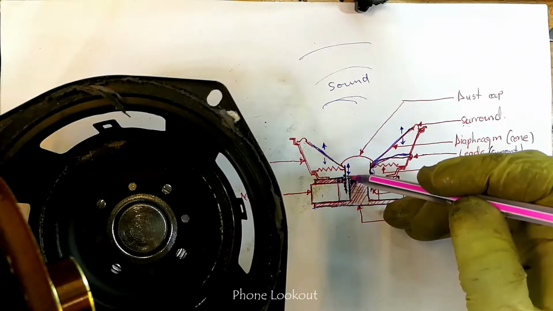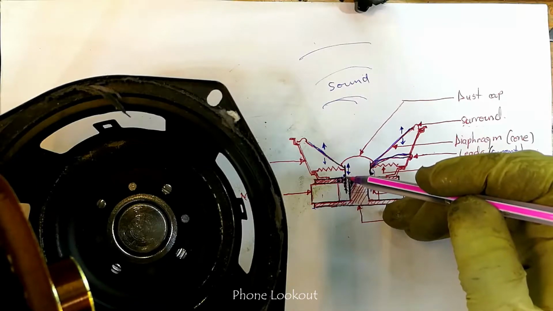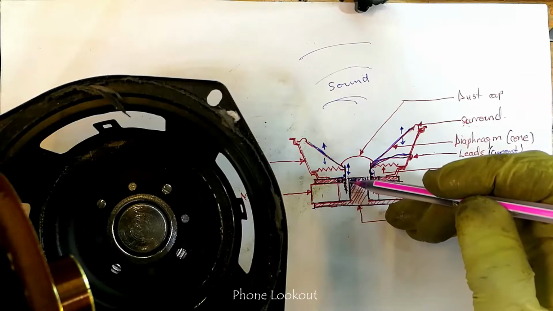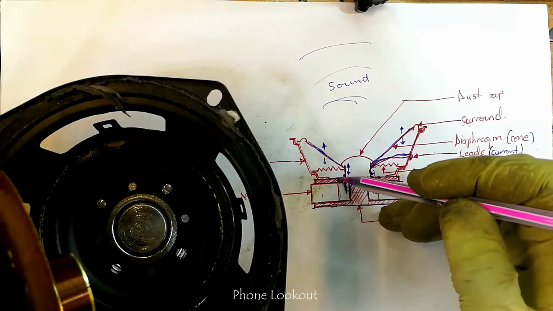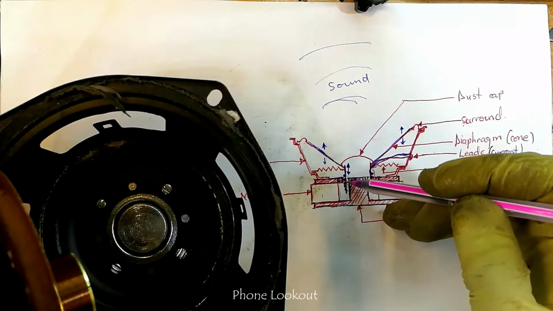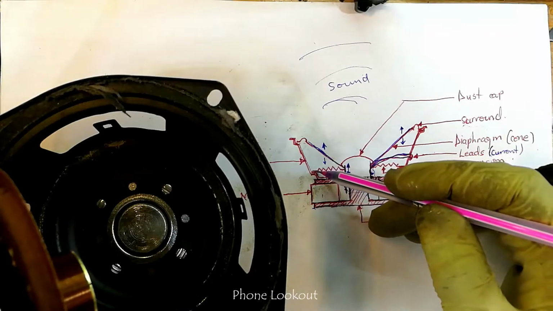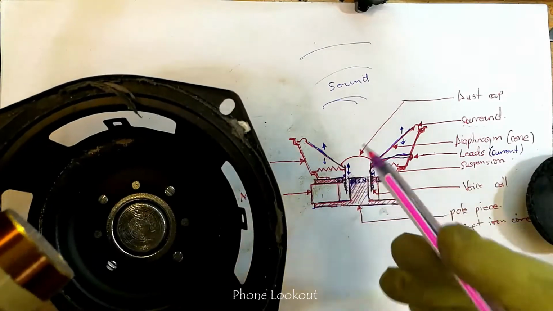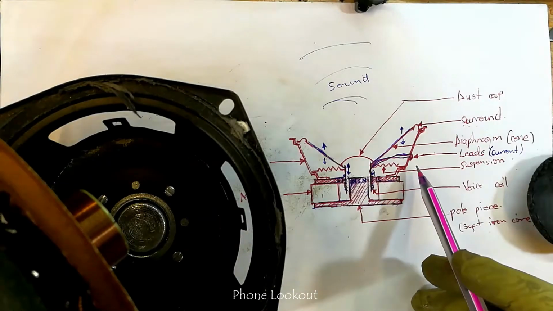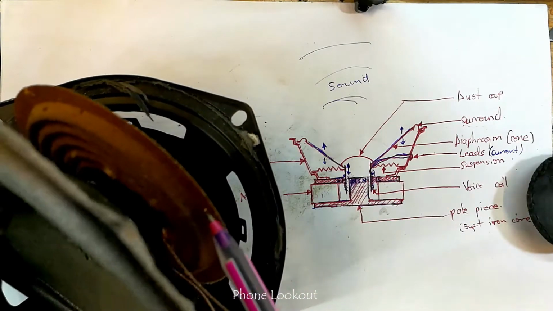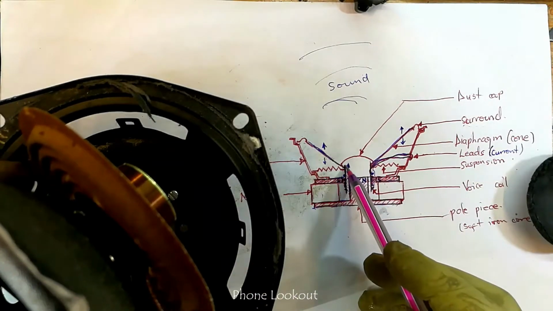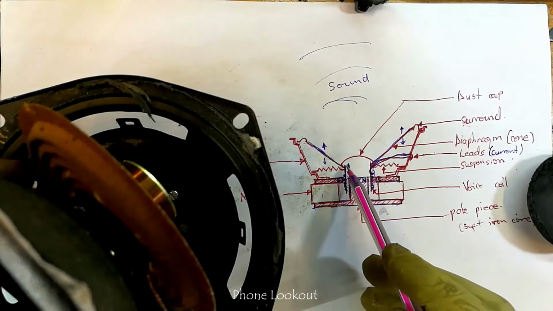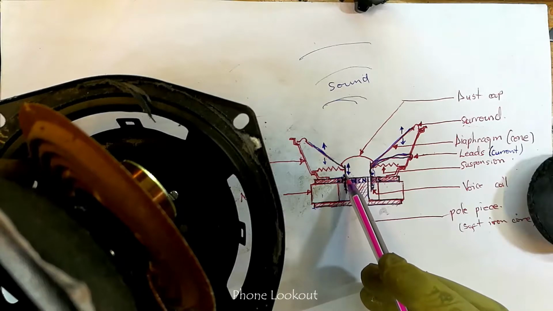It should be suspended in a manner that these coils remain in between those poles of the magnet, north pole, south pole, in between there. And that's where this suspension comes in, to keep that cylinder suspended in air, so that the coils are